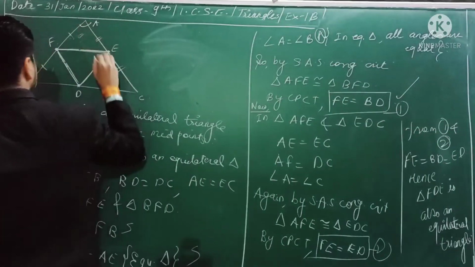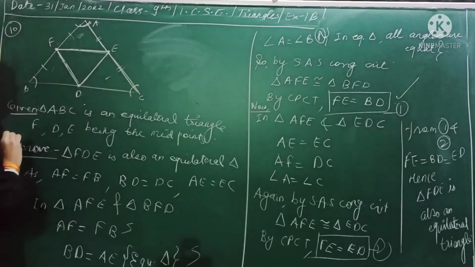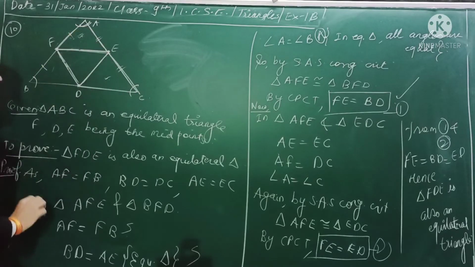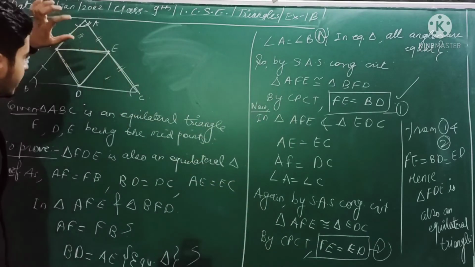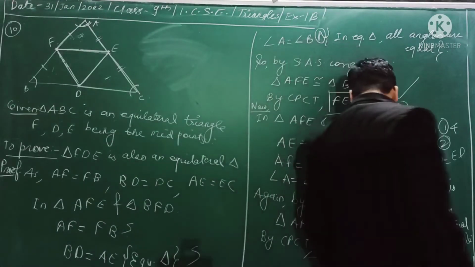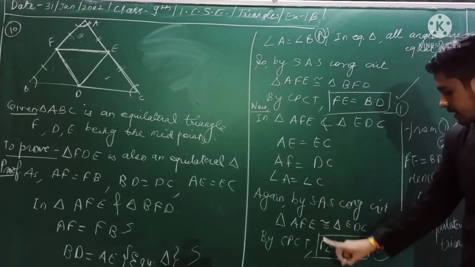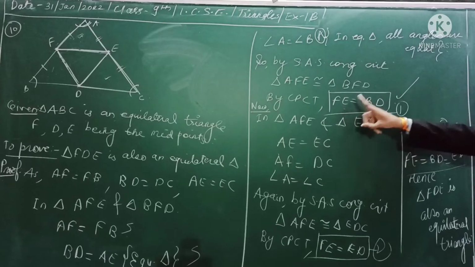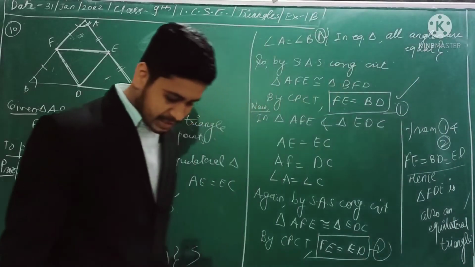Now similarly you can come to these two triangles. Again this side will be equal to this side. This angle is equal to this angle, and this side will be equal to this side. So by SAS again they are congruent. By CPCT we may say that FE is equal to ED. Call these the first and second equations. Now from first and second, if LHS are equal, then their RHS are also equal. So we can write that FE is equal to FD is equal to ED, and if these three sides are equal, then FDE is an equilateral triangle. I hope this is clear to you.